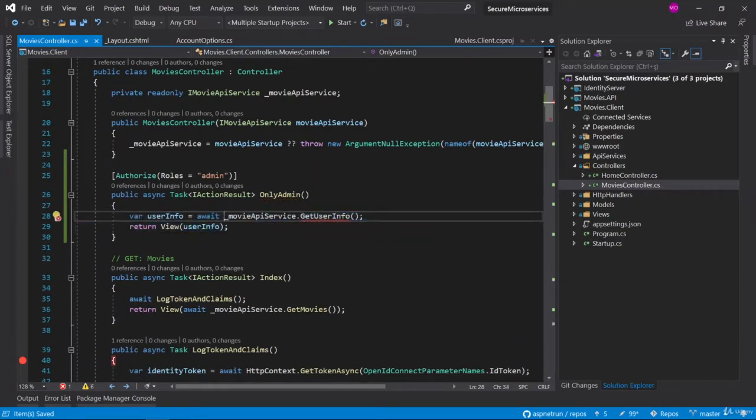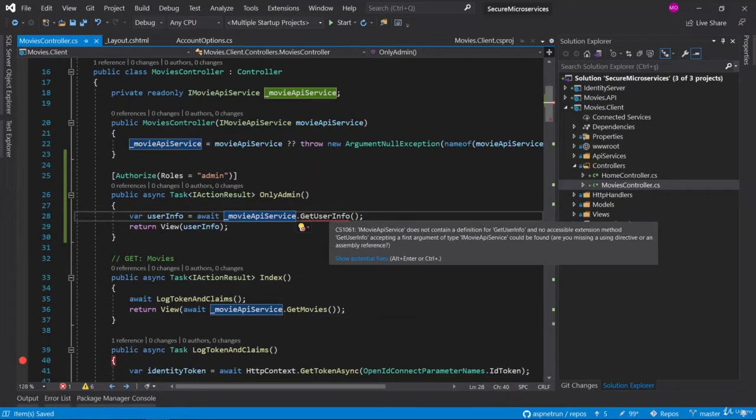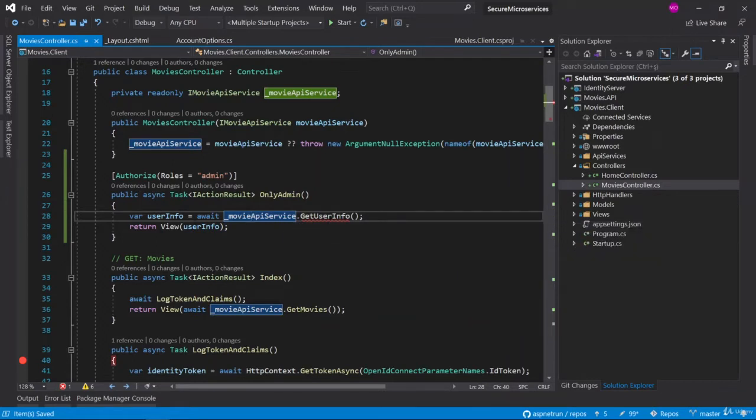As you can see, we are going to use the movies API service again. We will create a new method, and we will implement this method under the movies API service. We will implement this method, and we are returning the user info. We assume that we will have a user information view model, and it has the key value pairs about the claim information, and we are returning this user info view model to the view. So in that case, we are going to create a new view model, and also we are going to create a new HTML page. So let me start with creating a view model.